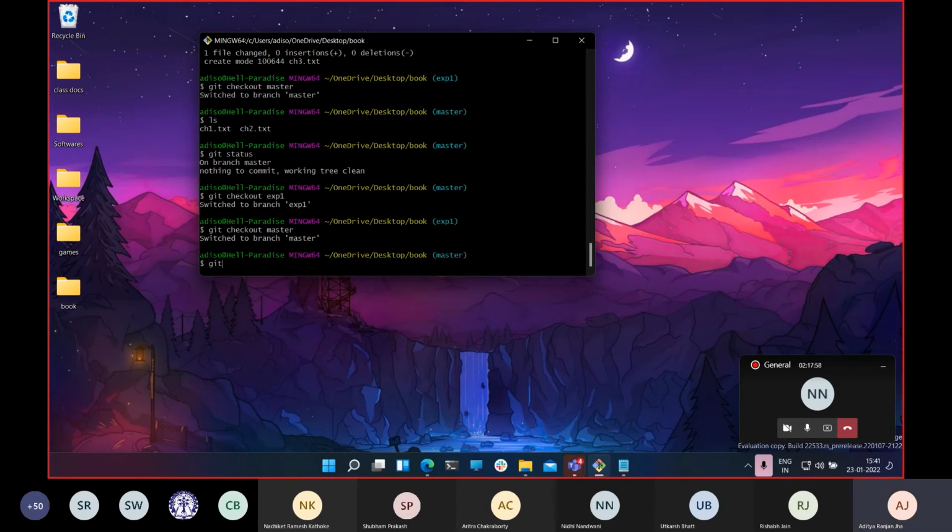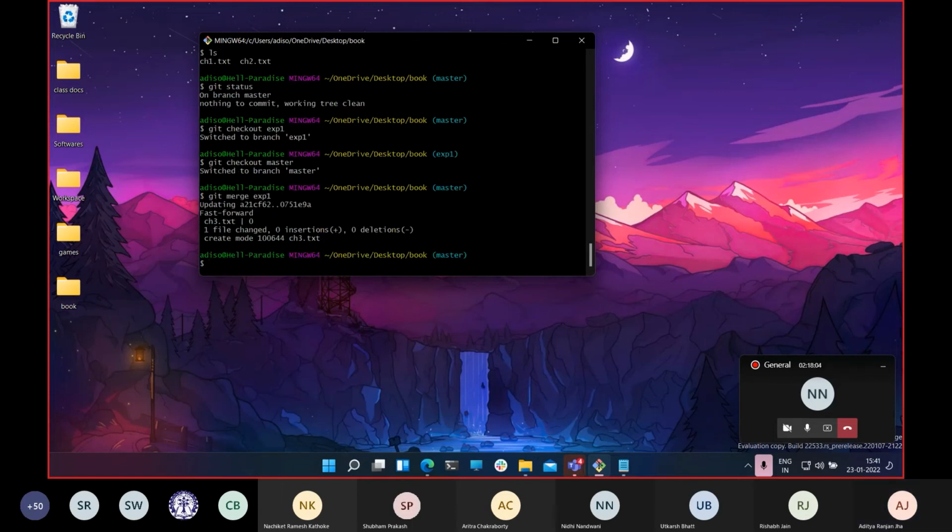Okay, then I'll do git merge exp1. Right, I merged it, and I'll do git branch